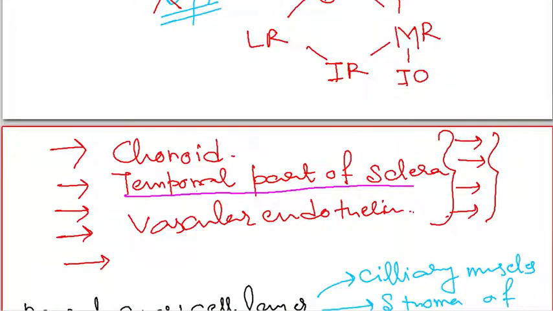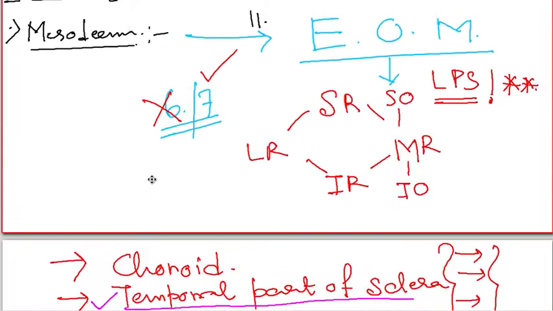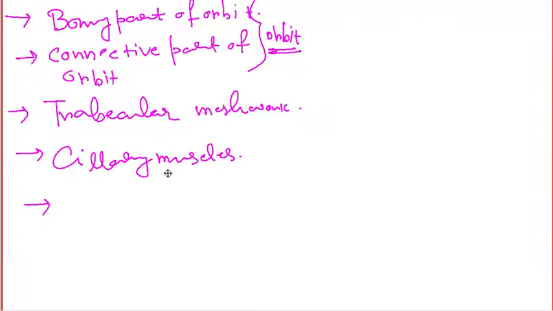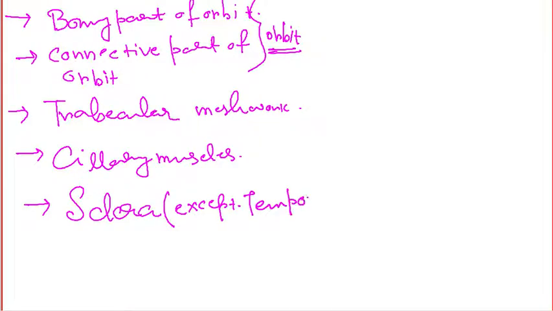So the temporal part of the sclera originates from the mesoderm. Okay, and the neural crest layer cells give rise to the sclera part except the temporal part,